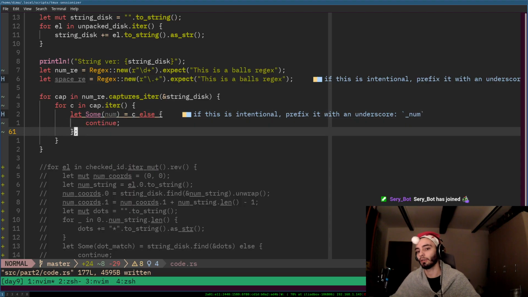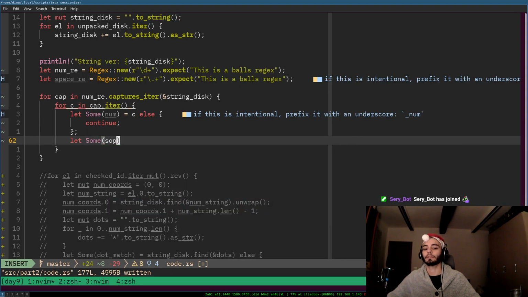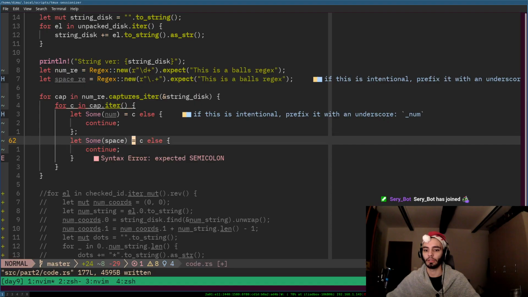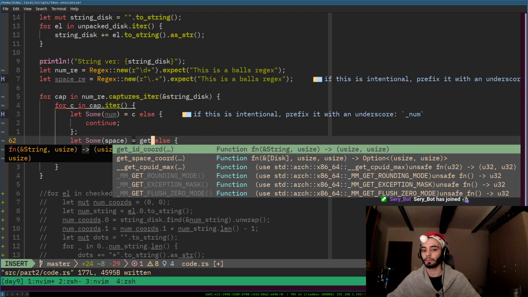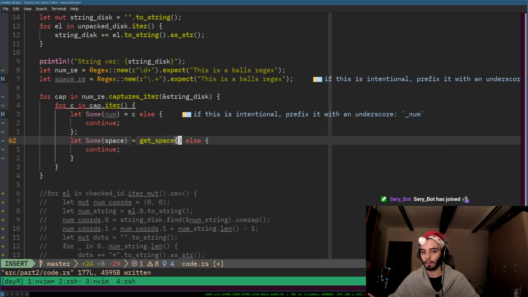Actually, we can hand over its len and see if there's any suitable position. So that would be let some space equals C, else continue. Rather than C, this would equal get space, which will receive my string disk,